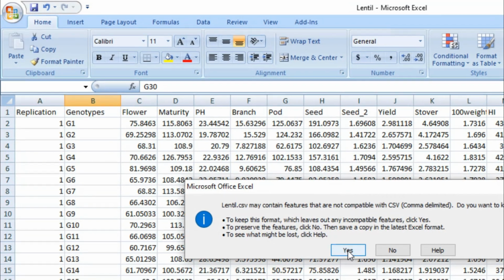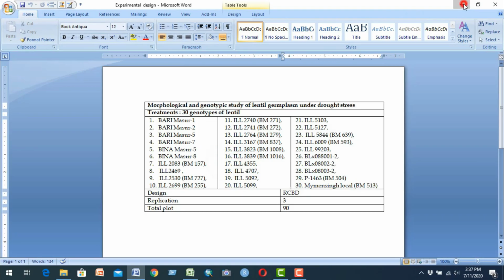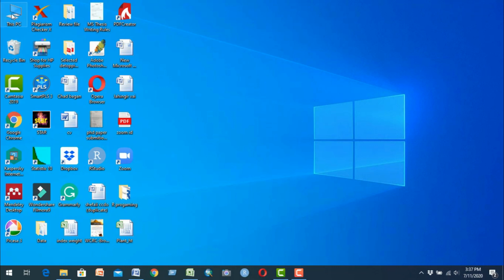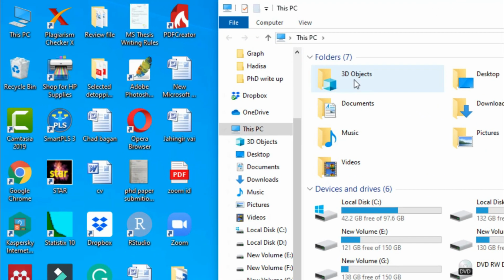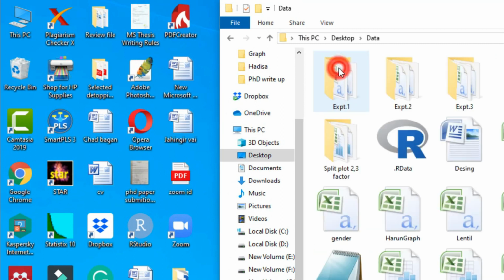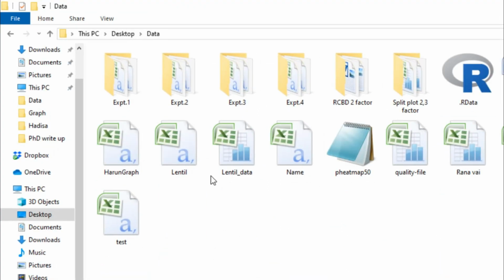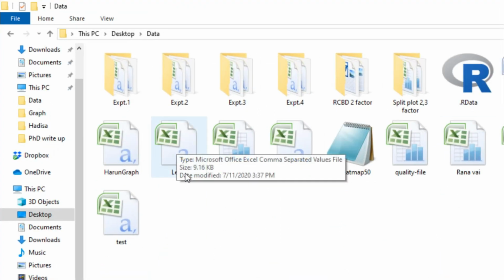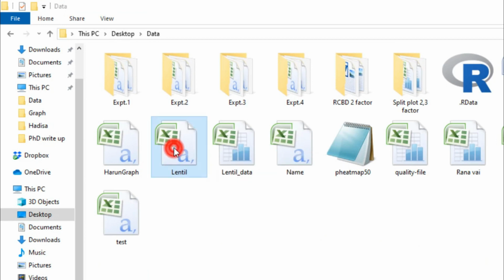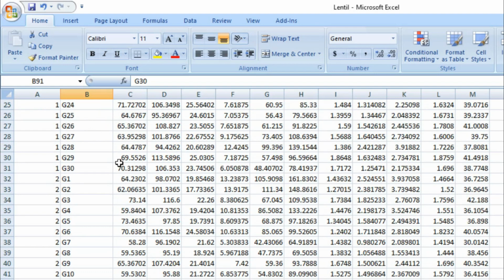Okay, again yes. Now we can open our desktop, then data, and then lentil. It is a CSV format file.